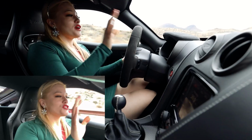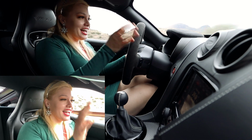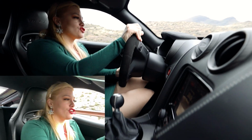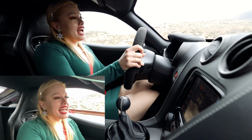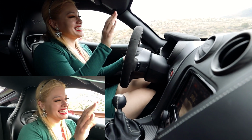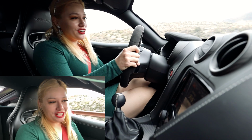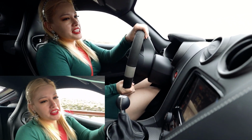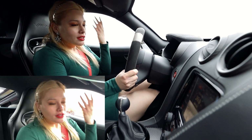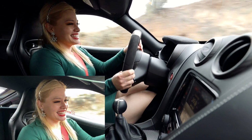Perfect engineering. So I've driven this car at the track, and I also drive it here and there on the street. And I have to say that it's a pretty rough car. It's not comfortable whatsoever, like for anything. Now that I'm thinking about it, and actually thinking about what I need to say about this car on here,